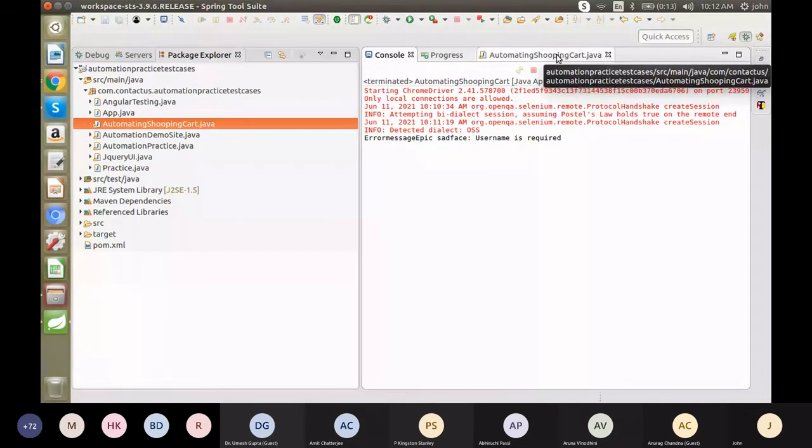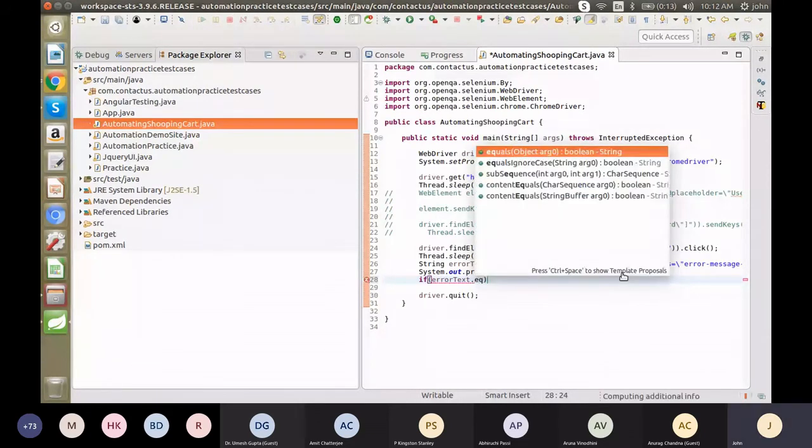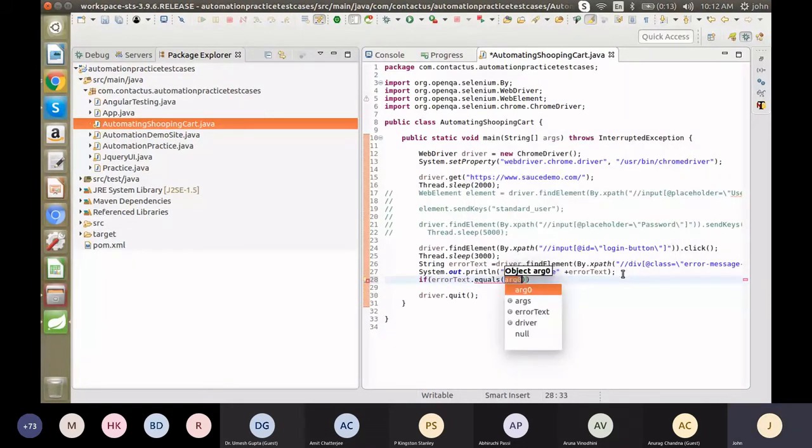So we can check with an if condition also. We can check with the error text in the if condition, errorText.equals. So we can compare our strings.